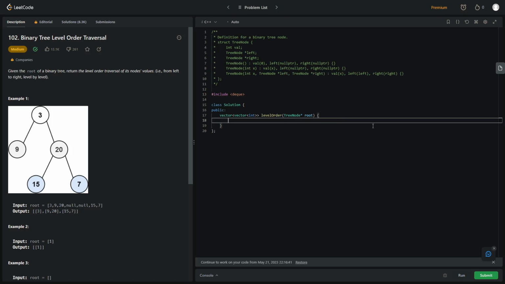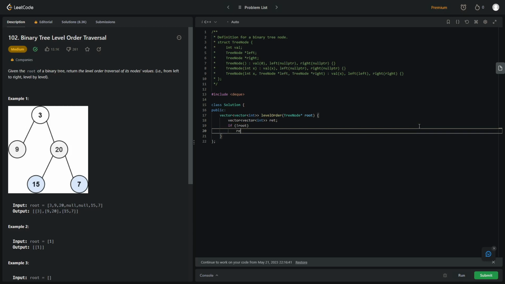So we're gonna need a couple of things. First, let's declare the return variable. It's a vector of vectors of integers. Ret for return, and I'm gonna check for the edge case first. So if the root is null,